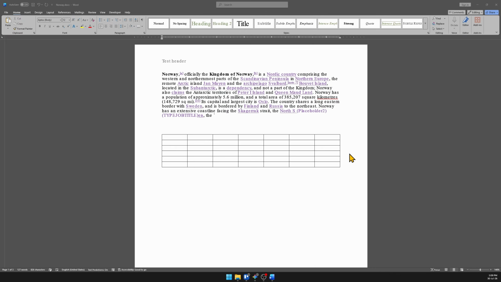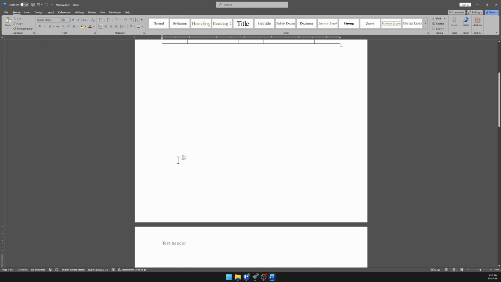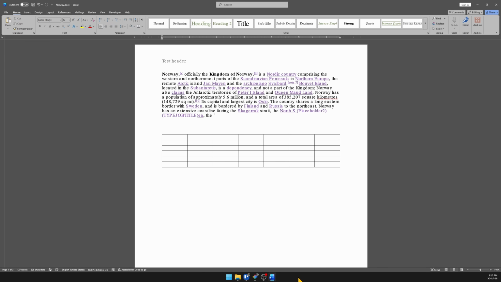So when you double click your header, the top margin becomes crisp and dark, while your main document text dims out. When you double click back into your main text, the header dims out. You can see, like this, if I'm here, this one lights up. If I exit, now I have everything as usual. So this is an on-screen editing feature built into Word to visually separate your document layers so you don't edit